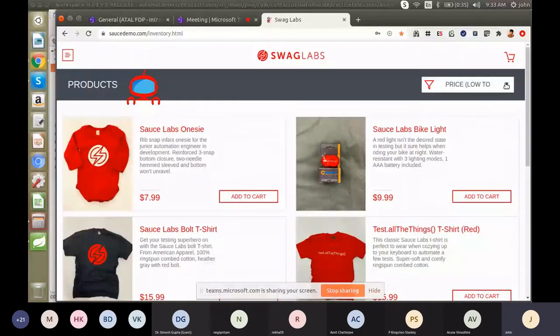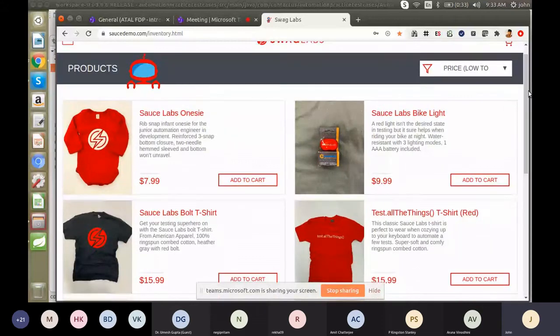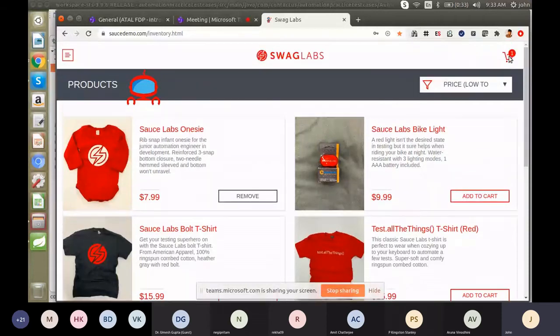So once it is done, then we have to choose our product. So we have to click the add to cart function. Then we have to check the add to cart page, whether the product is added or not. So here it is added. Sauce Labs also shows the amount.